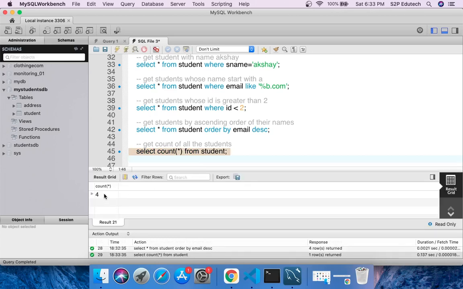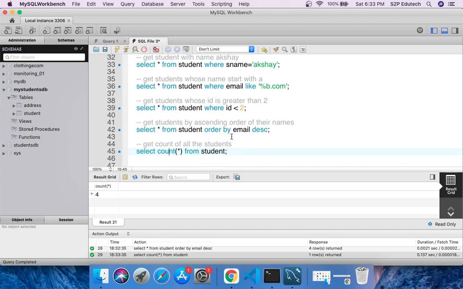So what I got is 4, because we had only 4 rows in the student table. Now what is this count? This count is an aggregate function. It is just a function provided by MySQL to get the count of the rows which would be returned.